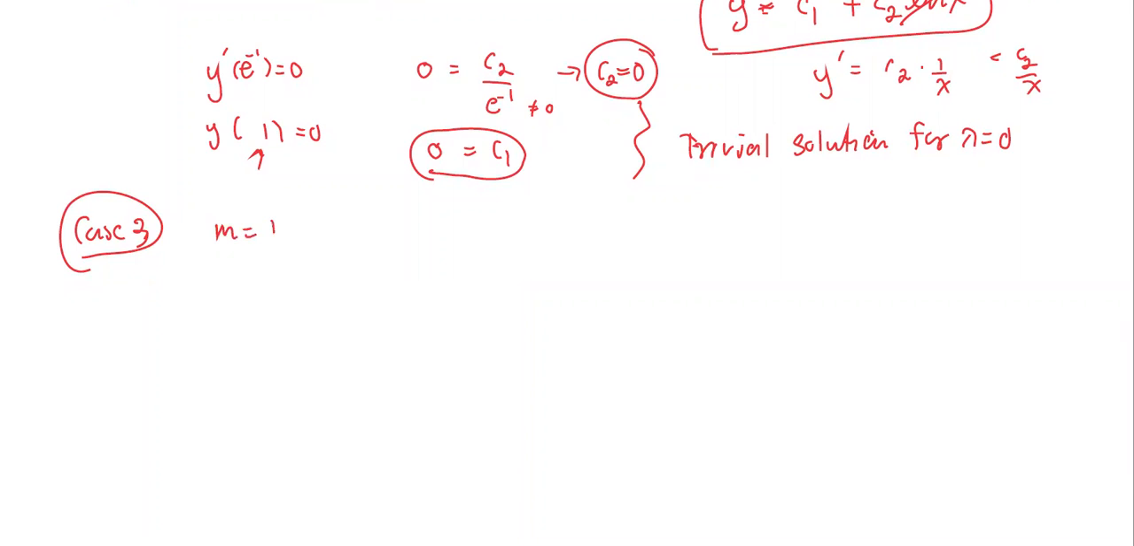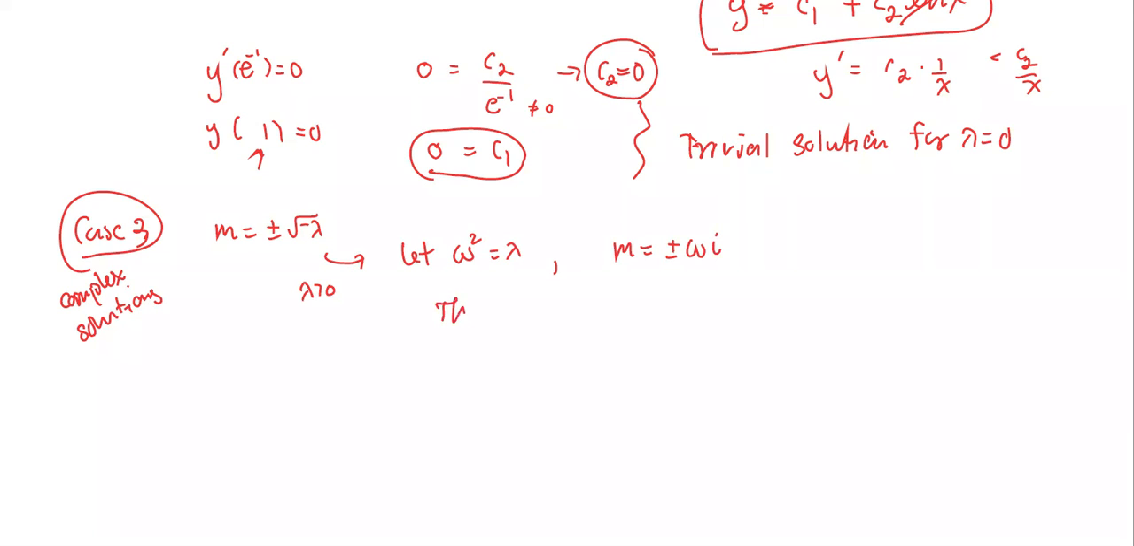From the solution, m equals plus minus square root of negative lambda, we need the complex solution, or the conjugate complex. So in this case, lambda has to be positive. We need omega squared as a helper to replace lambda. Then m equals plus minus omega i. So the solution is y equals